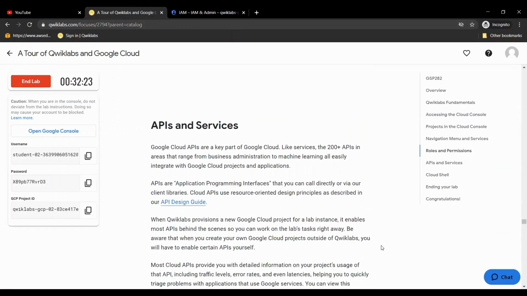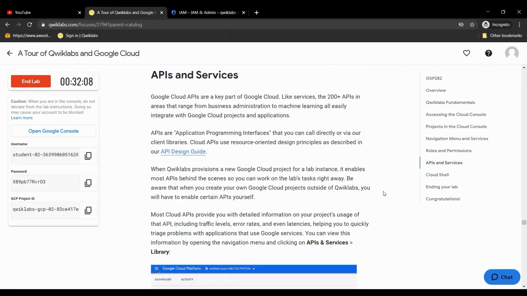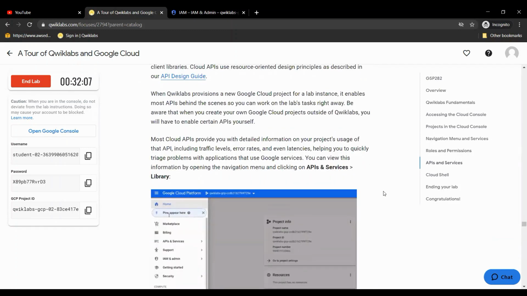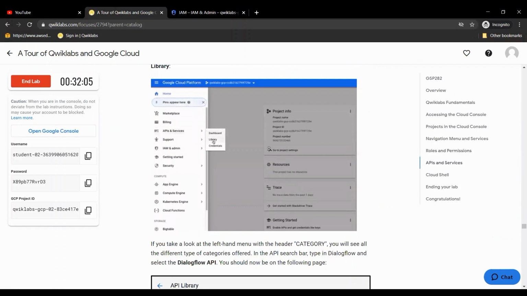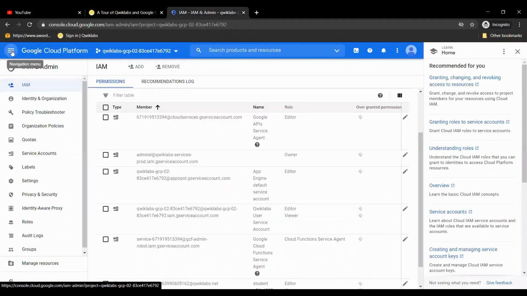And when we look into APIs and services, we have almost 200 plus APIs in the Google Cloud Platform, and they play an important role in it. Here, the API can be available in the navigation menu in the top corner itself.